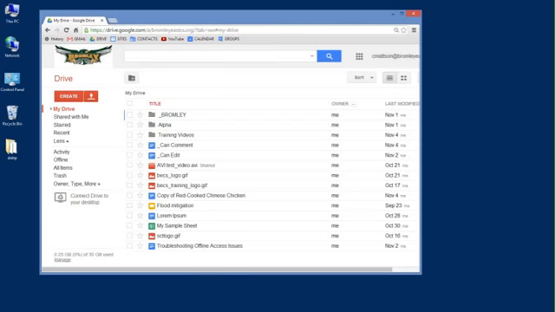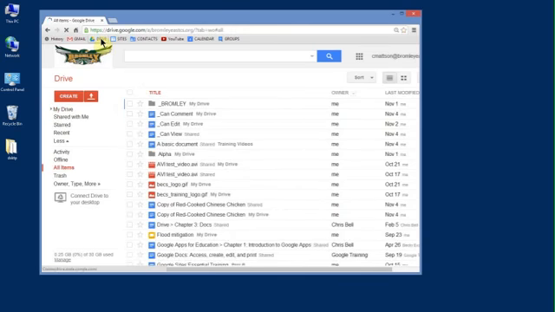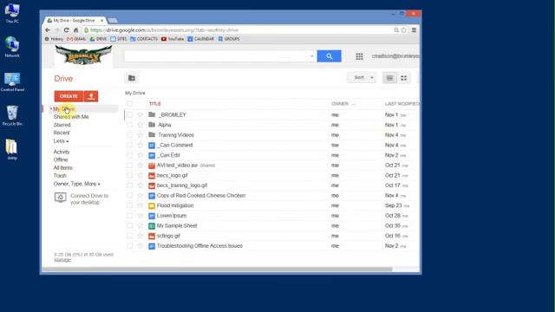Let's take a look at how to install Google Drive on my local computer so that I can synchronize local files on my computer with my Google account. Now, the first thing you're going to want to do is to go inside of your Google Drive account and move to My Drive. So if I click on Drive, I'm currently looking at My Drive, and down here on